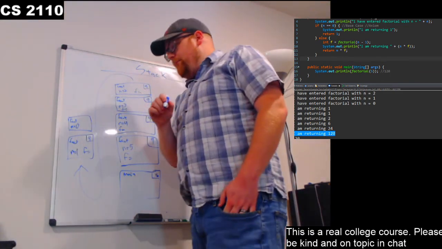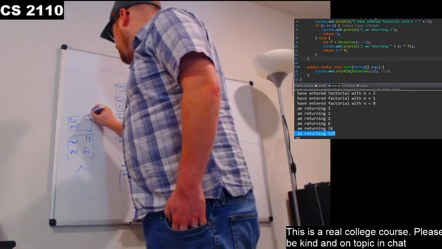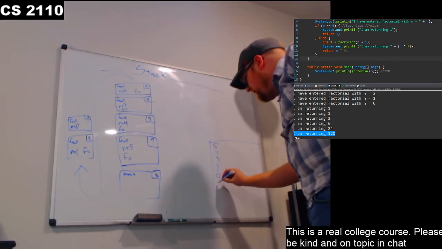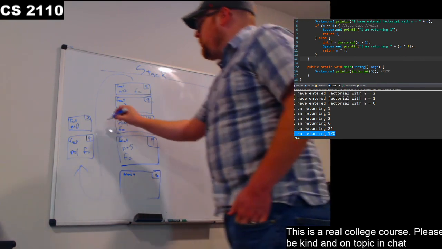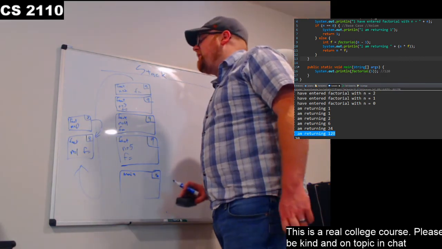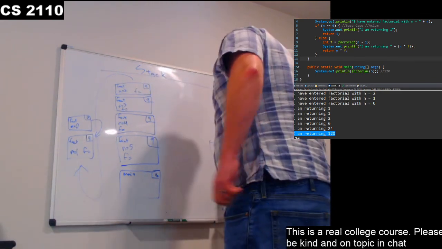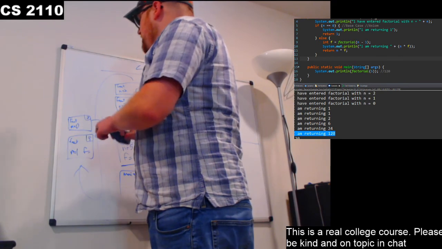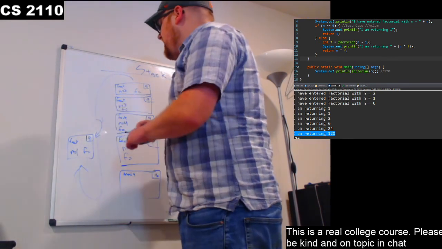From there, this is at line 7. It hits return 1. It also says I'm returning 0. So I'm just going to write R0 for returning 0. It returns 0 to line 9. So then we take that 0 value, or excuse me, not 0. It doesn't return 0, it returns 1. Forgive me. Then we take that 1 value, we pop the top function off the stack, sending that 1 value